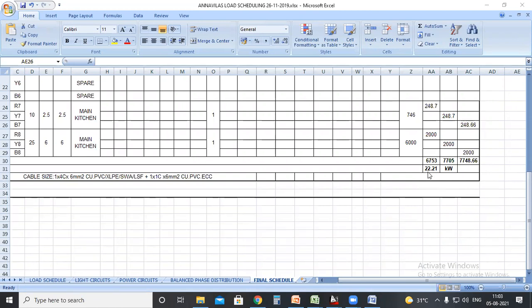For the safety side, I'll be adding a safety factor here. So I'm adding a 25% safety factor. These procedures we will be explaining in the cable selection and circuit breaker selection. But just to understand how we are actually selecting, I'm just mentioning. After adding the safety factor, I'm getting a value near to 38 ampere.